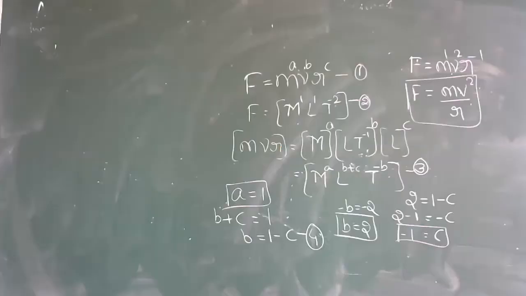Okay, once today you just read this one. If you have any doubt, you can ask. कुछ डाउट नहीं है ना किसी को भी? सिर्फ मतलब ऐसे स्टेप्स याद रखो. पहले क्या करते हो, जो भी क्वेश्चन रहता है उसके ऊपर इक्वेशन 1 लिखना है. See, once again I'll explain the step. What you will do, you will just write equation 1 by reading the question. Force depends on mass, velocity, radius, or else some other questions. For example, time period of a simple pendulum depends on length and acceleration due to gravity. Or for example, force depends on mass and acceleration.